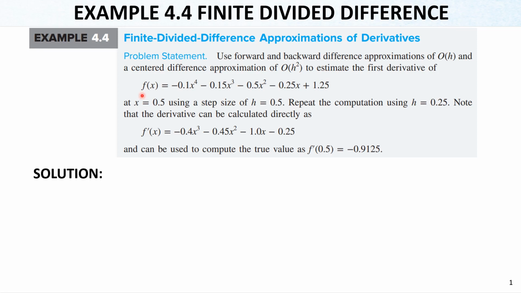In this slide and onward, we will have an example for finite divided difference. Basically, we will try to predict the derivative of a function using the finite divided difference approximations like backward, forward, and centered difference methods. So this problem has this function in fourth order polynomial, and we will use x equals 0.5, and using a step size of 0.5 we will find the forward, backward difference approximations and center difference approximations